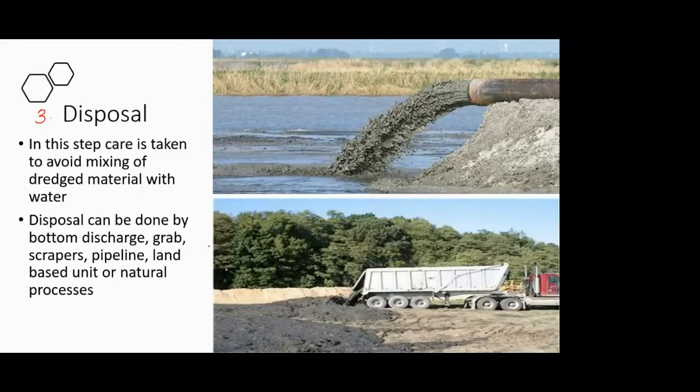So the second figure on the bottom, what you see, the double tick one, is one of the methods where the dredge material is just carried into trucks and trailers, and then it is just filled into the land. So this is the landfill area. They have to increase the level of this land. So they are just dumping it, and if you see, it is sort of mud, but the water content is a bit less as compared to a mud slurry. Okay. And then eventually the water will be soaked by the adjoining area and also evaporated. So it will then become a firm or a stiff ground.